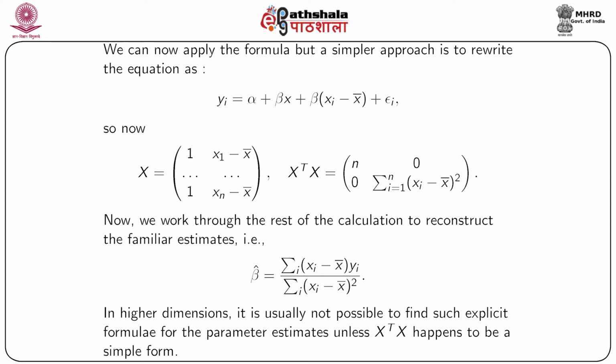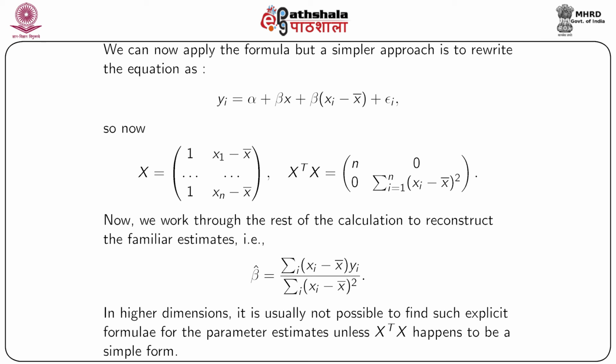that in case of a simple regression, we have the estimate of beta in the form of r times sy divided by sx, where r is the correlation coefficient. In other words, it can also be written as summation i (xi minus x bar) times yi divided by summation i (xi minus x bar) whole square. In higher dimensions, however, it is usually not possible to find such an explicit formula for the parameter estimates unless X prime X happens to be in a simpler form. So in that case, we try to use all the algebra behind matrices and vectors to get an estimate expression